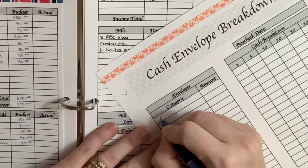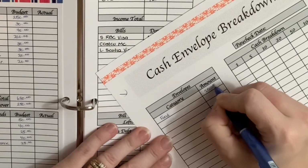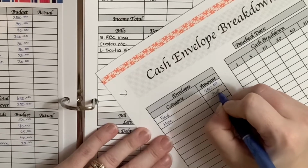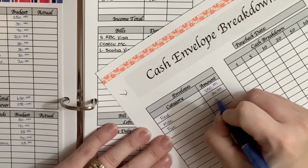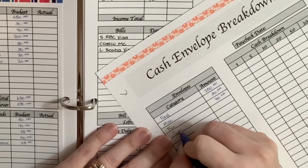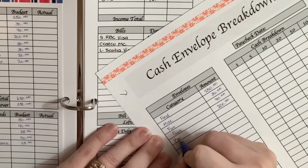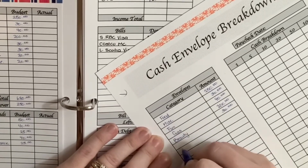So our food category is $250, and that pretty much remains the same each time. Our miscellaneous category is $30. Our fun category, pardon me, is $40. Our gas is $200, sorry. $20 is not going to get us very far. Beauty is $30, and household